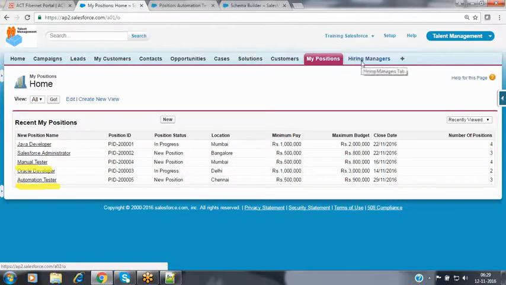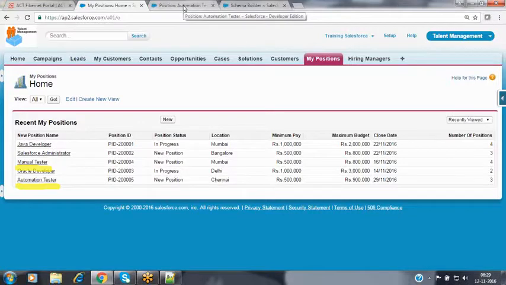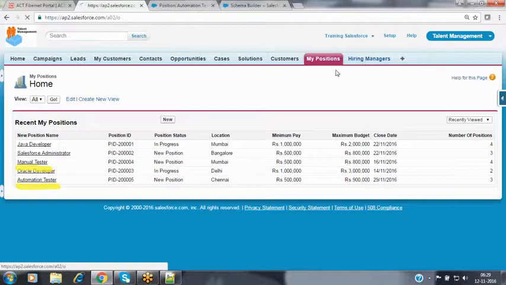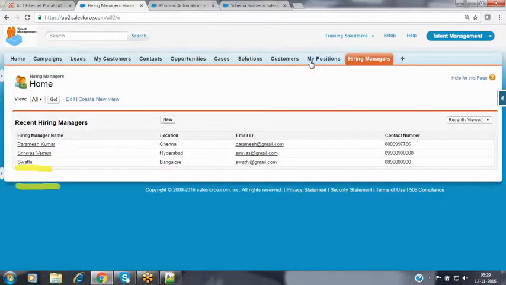Now let's see the next functionality. Now we have the child record and the parent records are also available.